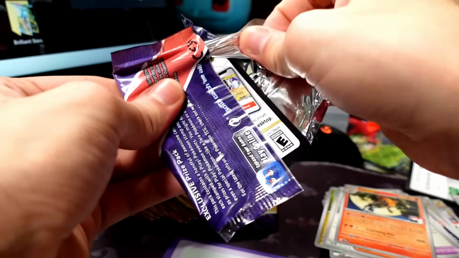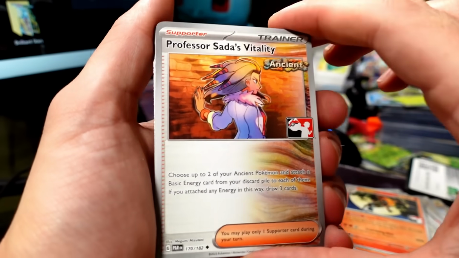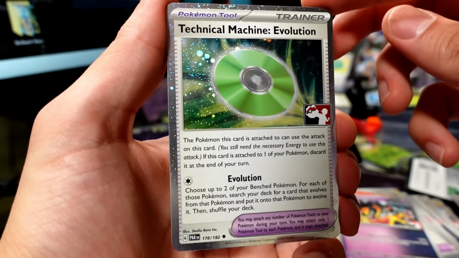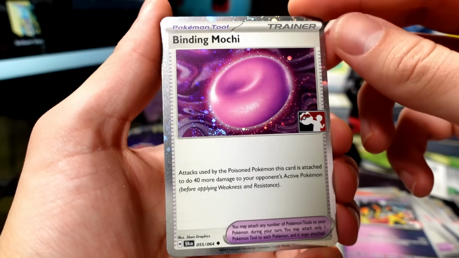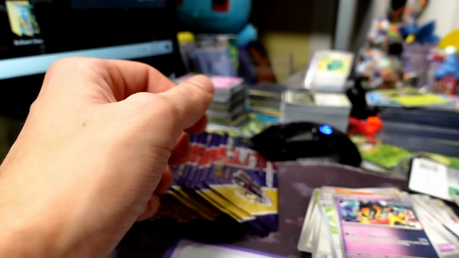And those are some of the cards that really up the value of these prize packs as well. So I think the Mew is a couple $100 or so from the previous prize pack. And we got a Technical Machine Evolution. And cards like TM Evo, some of these ones are reprints from previous sets. Binding Mochi Hollow, that's pretty cool too. I think I like the Master Ball one that you can get from Prismatic, but always nice to get a